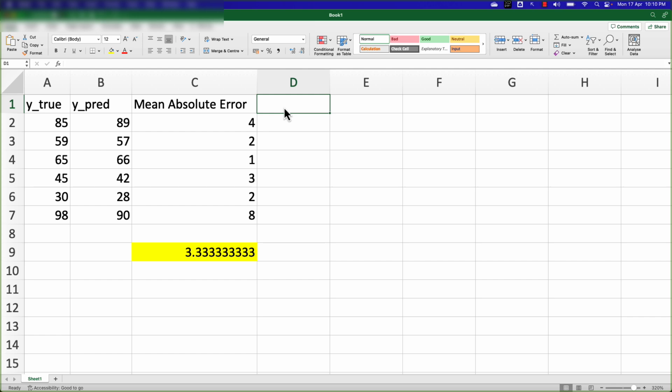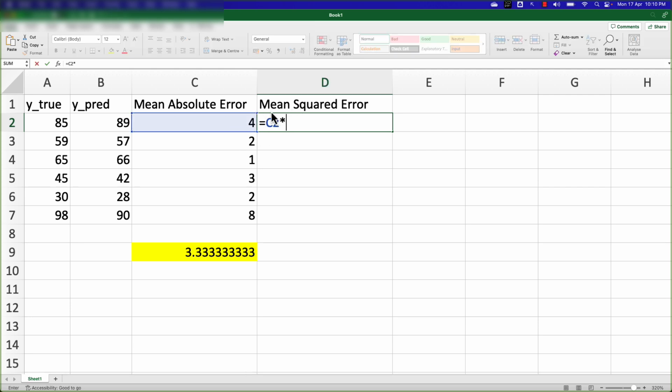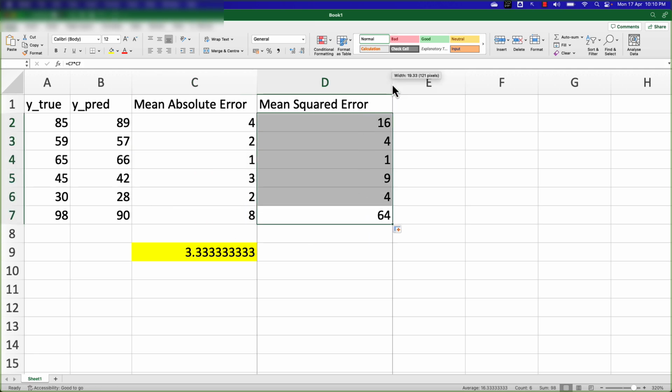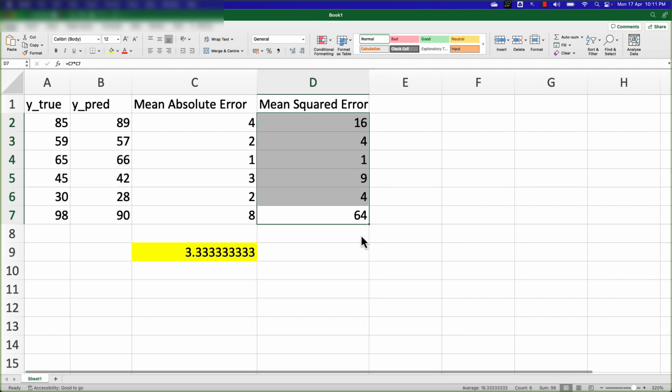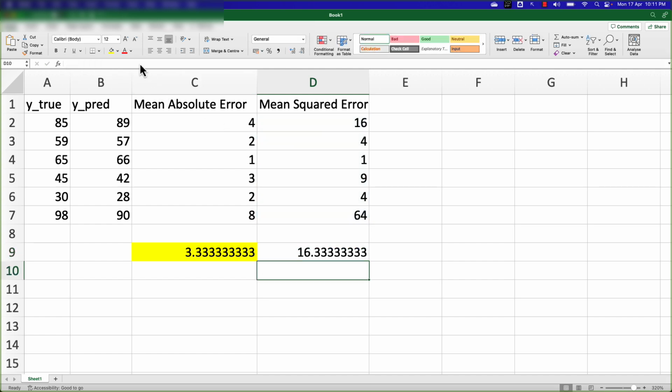Great. Now there's one more common function that I'll be using, called mean squared error. In case of mean squared error, whatever the absolute difference that I get, I'm going to perform the squaring. I'll say C2 multiplied with C2, and do the same thing for each and every value. See, I've done the squaring. Once I do the squaring and then calculate the average of this squared error, that will be my mean squared error. And in this example, the mean squared error is